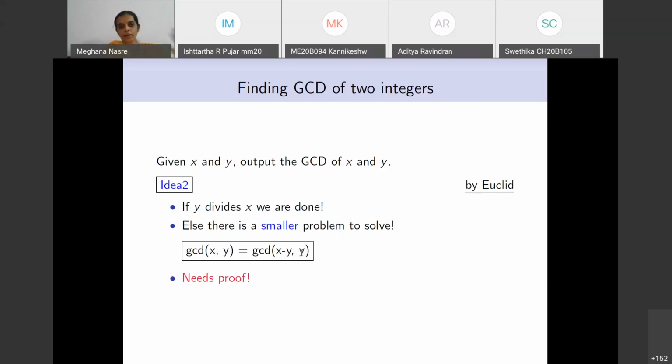Therefore, the GCD of x minus y and y will be greater than or equal to k. Similarly, if you assume that some other value, let's say k prime, is the GCD of x minus y, y, you should be able to show that the GCD of x, y is greater than or equal to k prime.